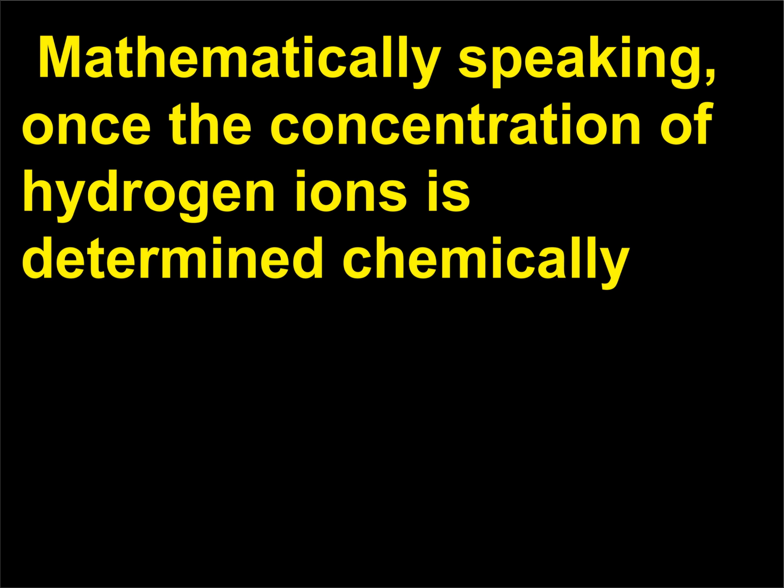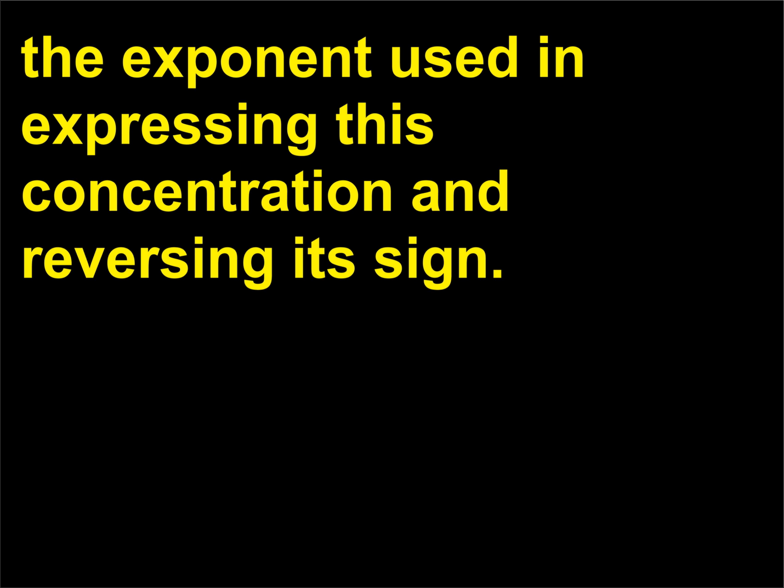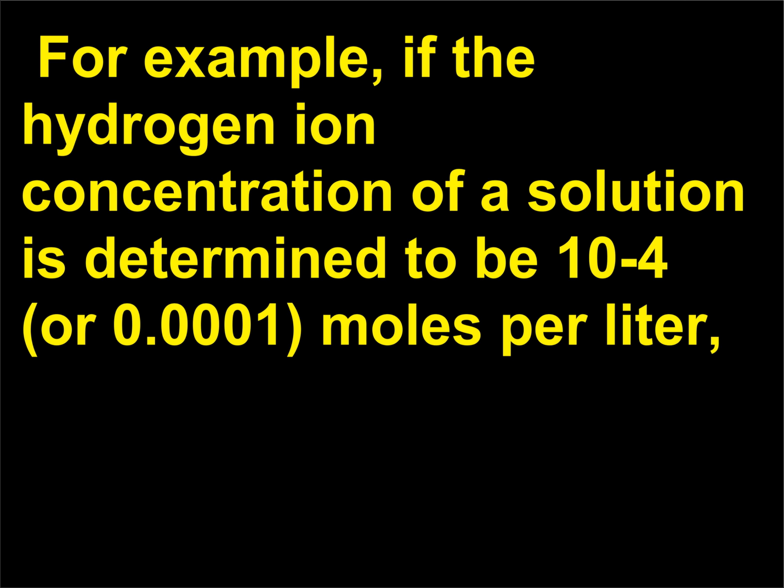Mathematically speaking, once the concentration of hydrogen ions is determined chemically based on moles per liter, the pH value is established by taking the exponent used in expressing this concentration and reversing its sign. It is most often expressed as the notation pH equals -log10[H+]. For example, if the hydrogen ion concentration of a solution is determined to be 10^-4, or 0.0001 moles per liter,